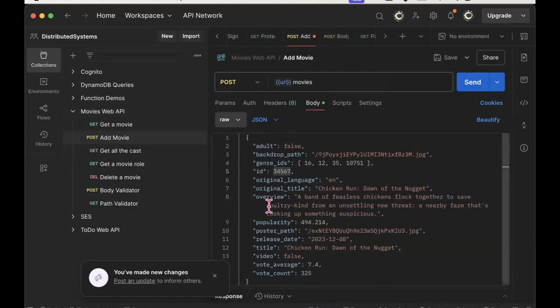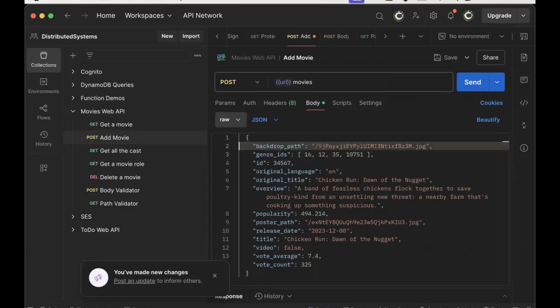But let's suppose I just take out one, and my model schema is looking for all of these properties. If I just take out one of them, and I post this,